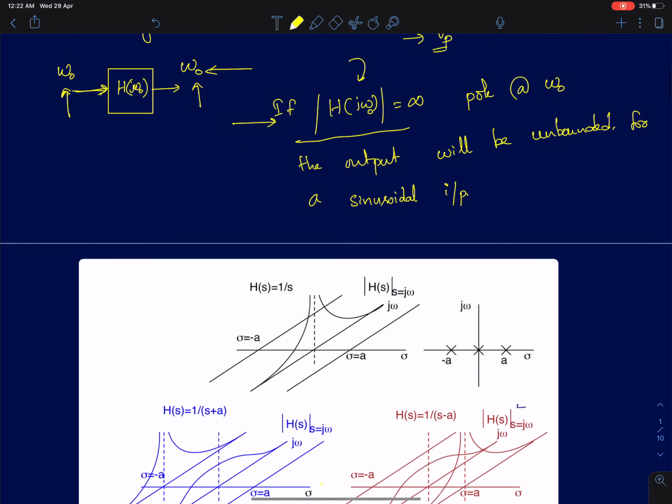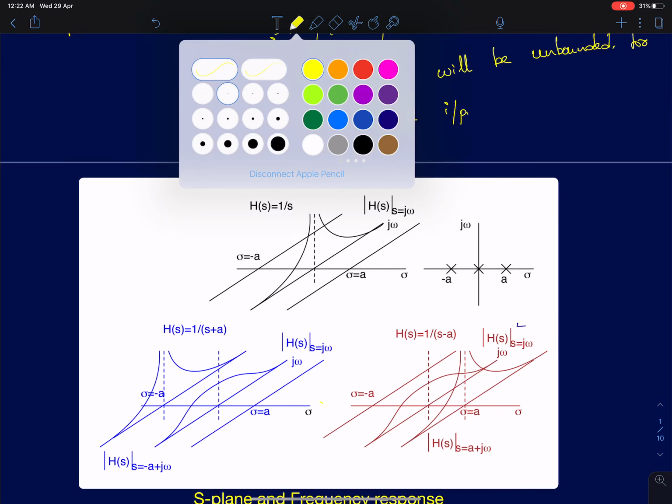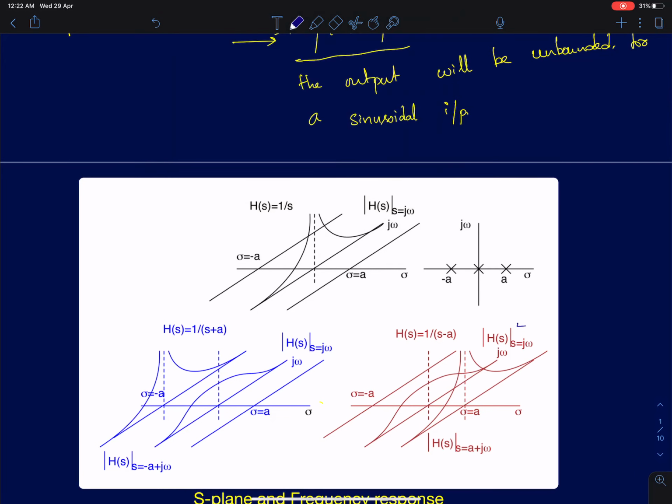Here I've shown three standard transfer functions containing real poles. The first one is a pole at s equal to 0. When you try to evaluate this along the jω axis, the frequency response itself has a discontinuity at s equal to 0. So for some sinusoid, this can give you an infinite output, because the transfer function itself offers an infinite gain, so you can expect an infinite output.